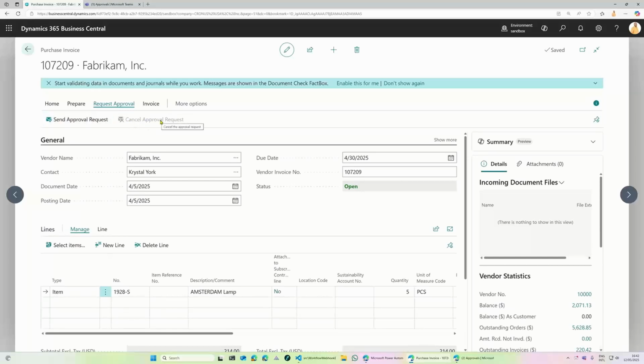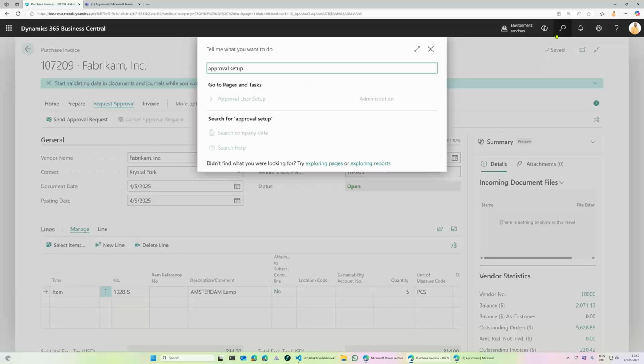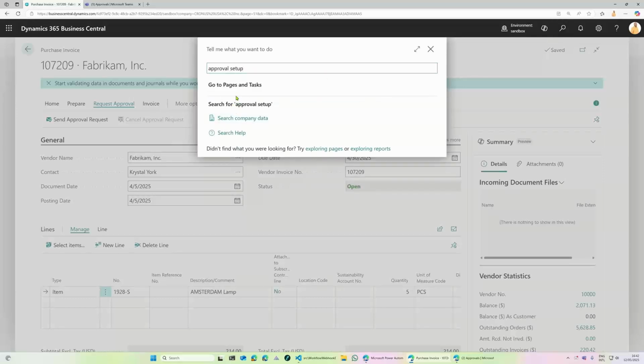Now this cancel approval request is only possible for the approver. So another user cannot do this. Only possible for the user who requested the approval or for the approval administrator. So if we go to approval user setup, okay, it was there for just 1 second.